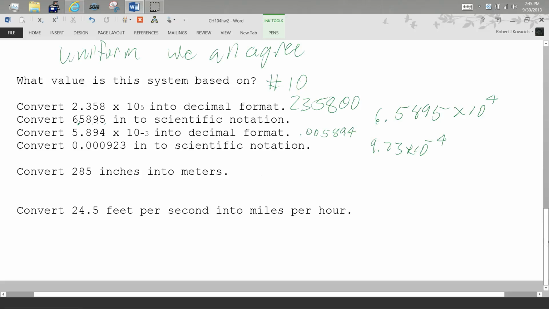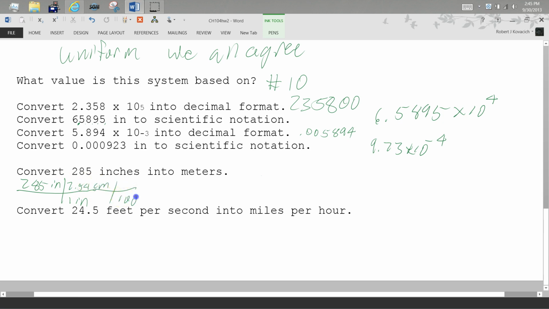Okay. All right, so we're going to convert these from inches into meters. We didn't really get into this other than just briefly talked about it, and I'm curious to see your homeworks when you turn them in as to how you did this. But this is the format that we'll be talking about today. So I would do 285 inches, and then I know that for every 1 inch, there are 2.54 centimeters, and